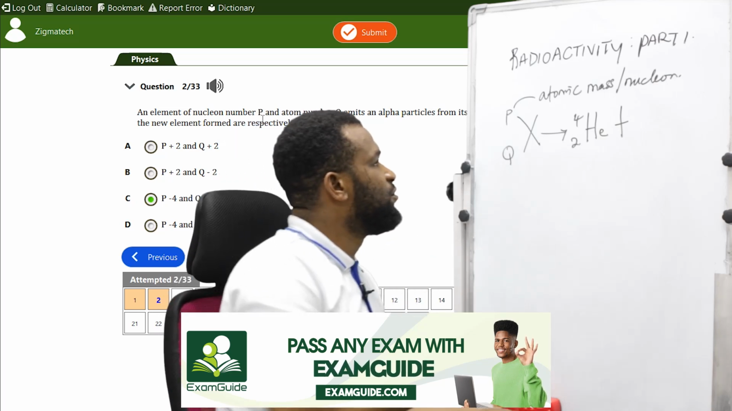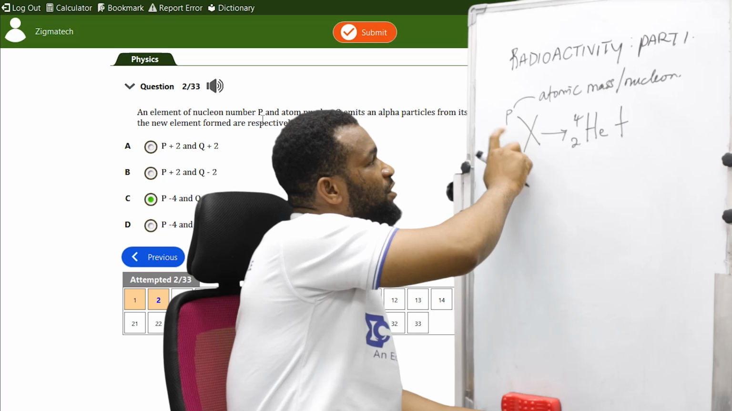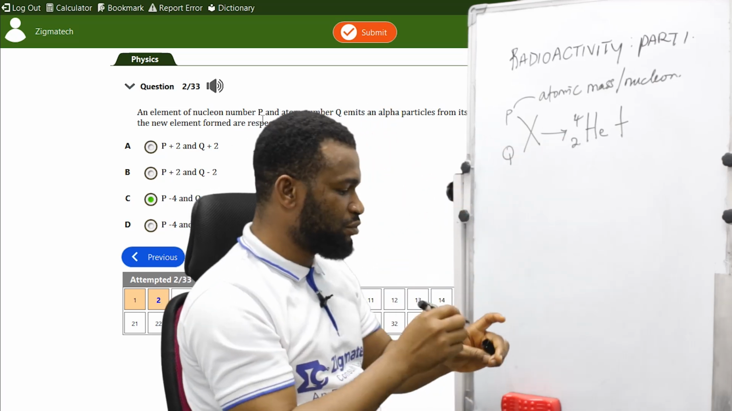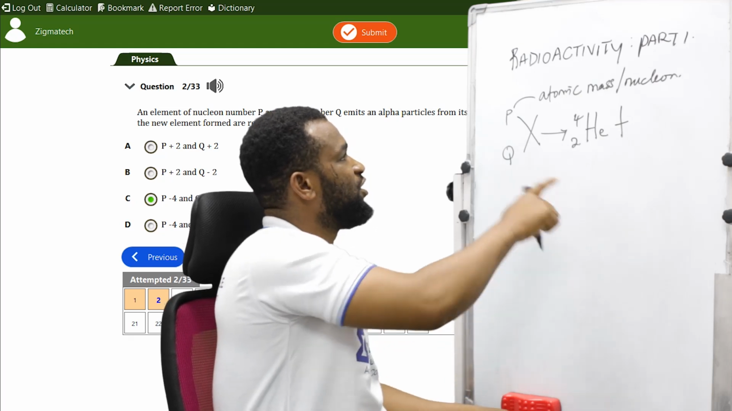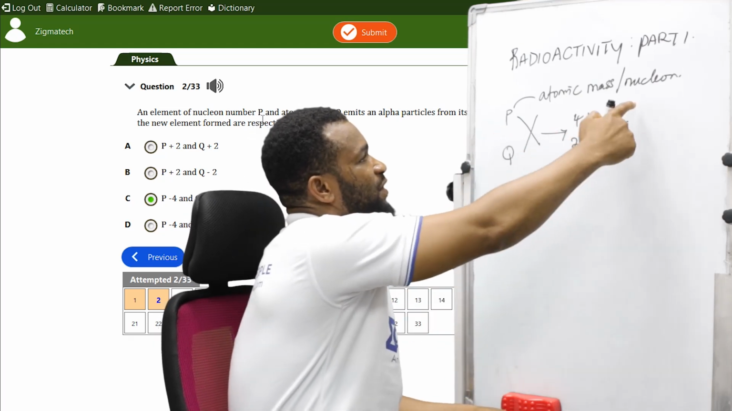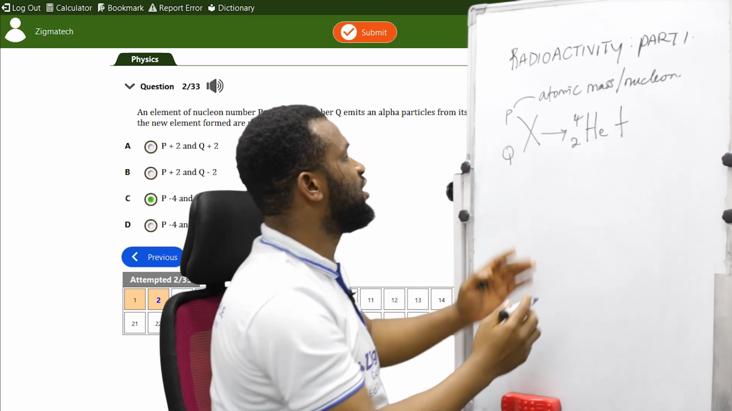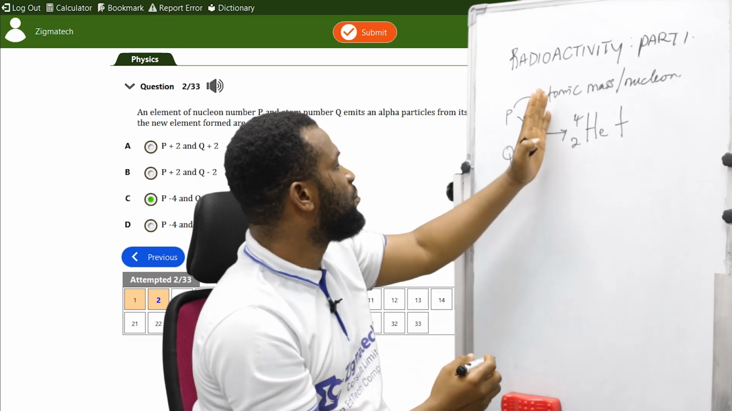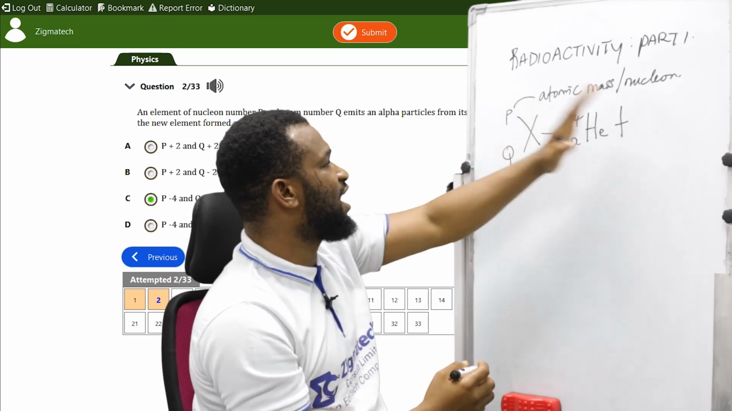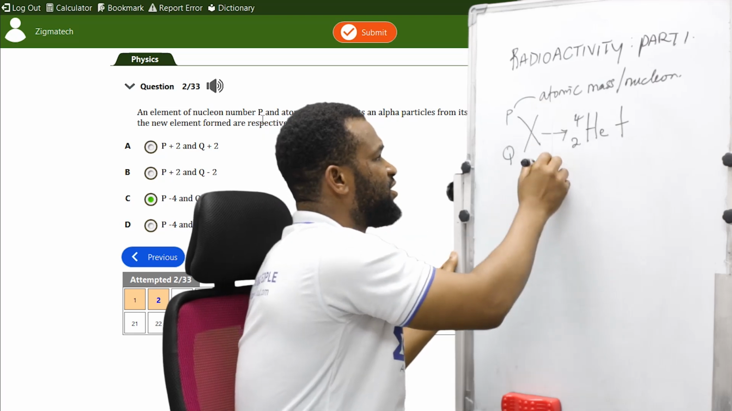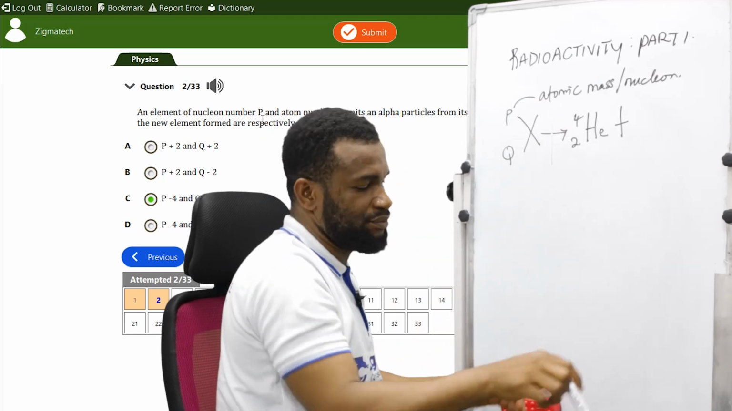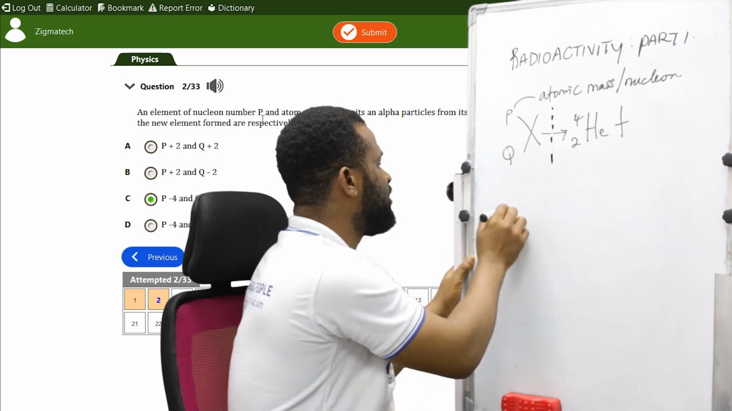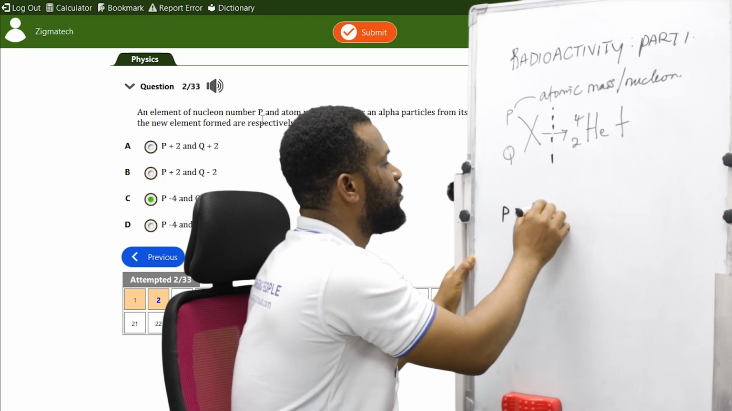All right. When alpha is emitting, if this emits an alpha particle, what we are going to do first is to ensure that this and whatever element is going to be must be the same thing, because in terms of this kind of equation, which is a nuclear equation, the number of atomic mass on both sides must be the same thing. Remember that this place is the boundary. So this is the boundary. Therefore, I'm going to say P must be equal to 4 plus